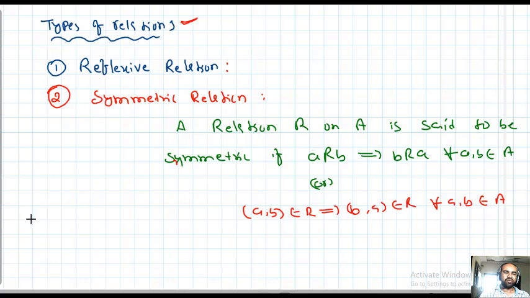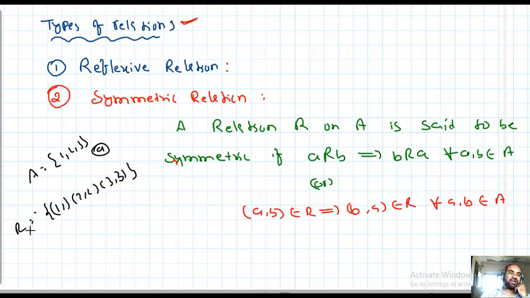Okay, so important note, what I explained yesterday, for example, for this, 1 comma 1, 2 comma 2, 3 comma 3. A is given as 1 comma 2 comma 3. 9 ordered pairs we will get, from which 3 are chosen. This is said to be R. So what type of relation is R? R is actually the identity relation. This is called identity relation.